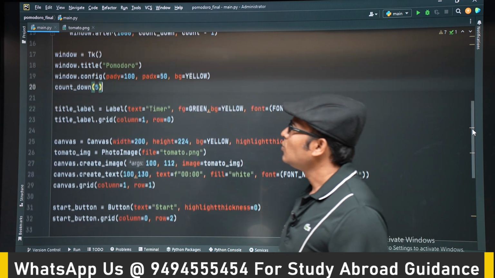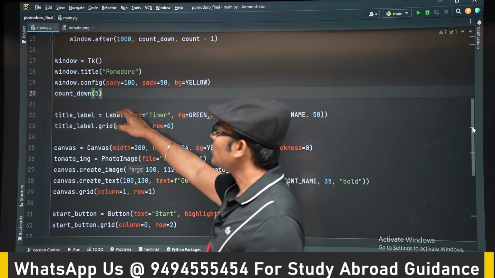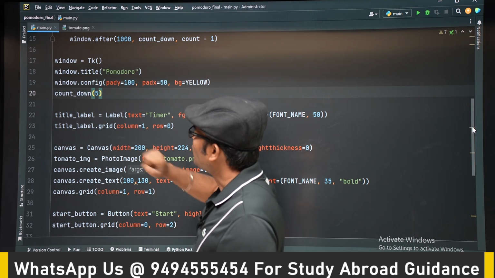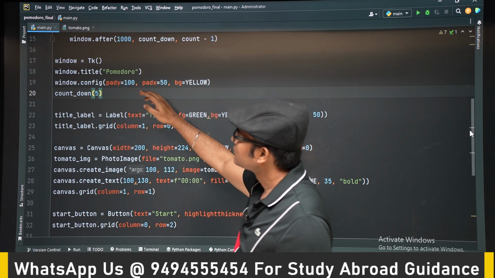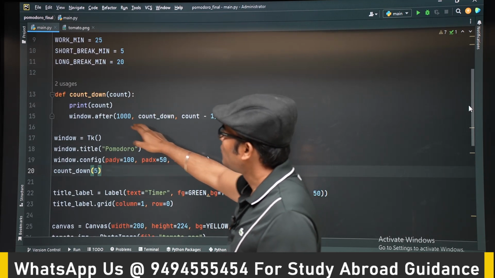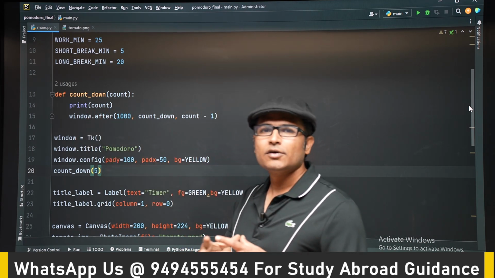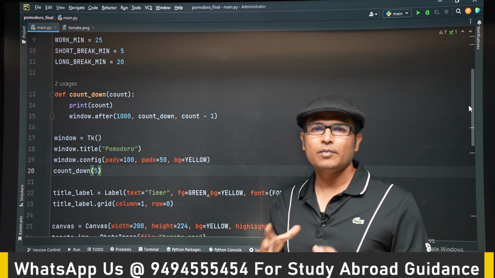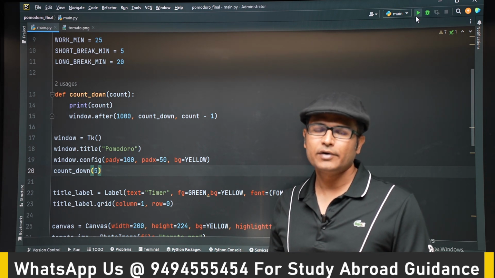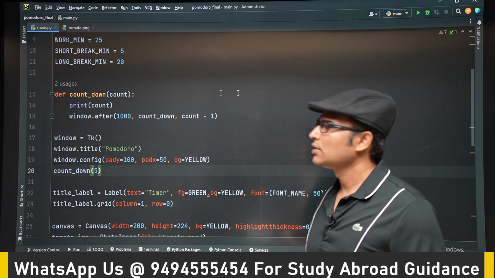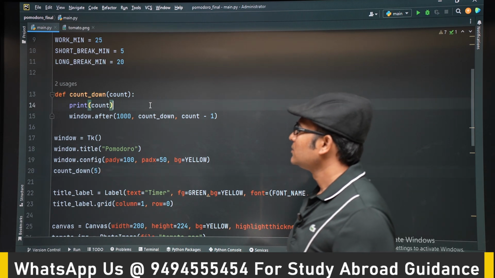But then I don't want this count to be printed onto the screen. Go to the countdown method. I don't want this count to be printed on the screen. I want this to appear on our canvas label, the timer label. That timer label that you have created, I want it to appear there. Okay. So for that,